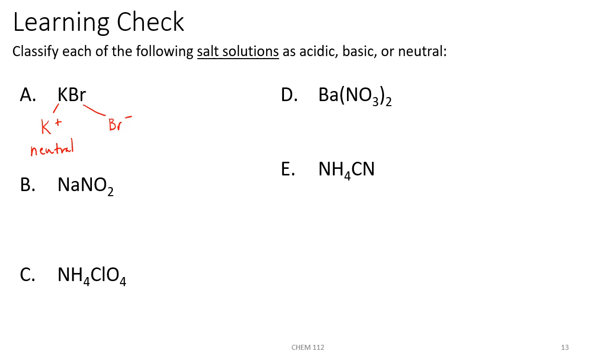And the bromide anion, that's the conjugate base of a strong acid, hydrobromic acid. So it's a really weak base. So the bromide anion is also going to be neutral because its acid is a strong acid. So we have a neutral cation and a neutral anion, so together this solution will be neutral for potassium bromide. B, we have sodium nitrite,